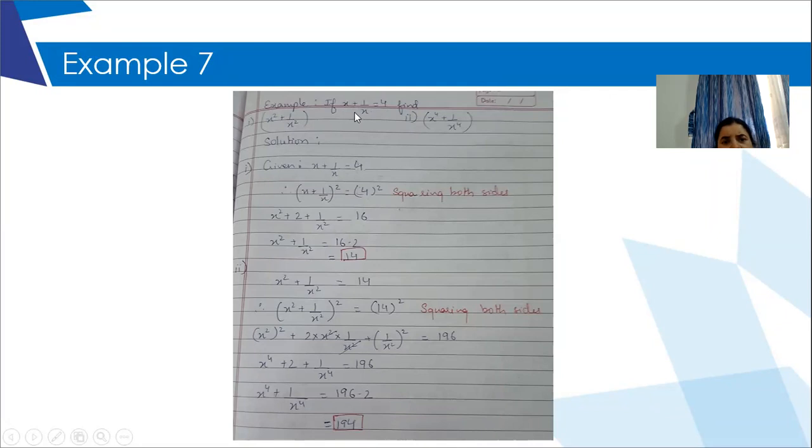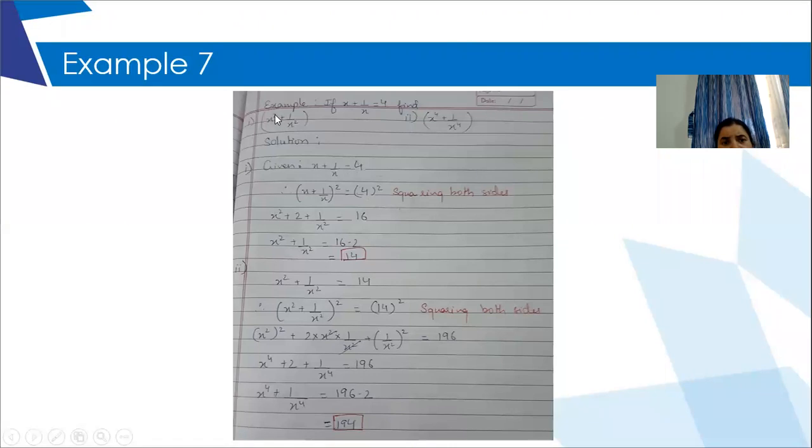So I will start with the given thing only. Always in these kind of questions, when they have given you the value of some expression and they are asking you the value of higher powers, please pay attention, because there will be a reversal question also. So you need to understand what I'm saying. When you have been given the value of lower powers, here if you see the powers, individual powers of x are 1 and minus 1. Here the powers are increased.